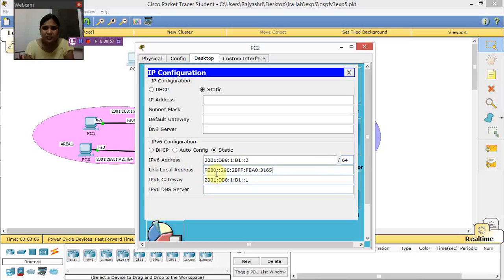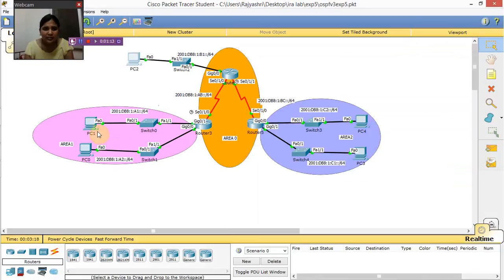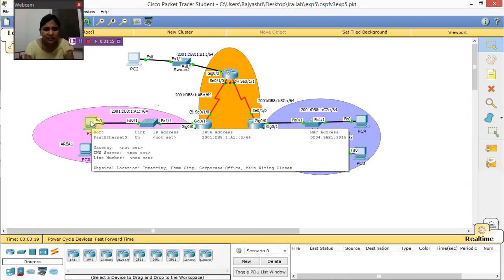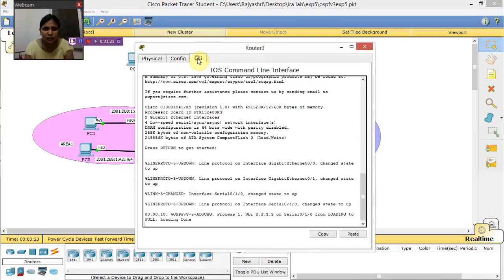Anything which starts with FE80::/64 kind of thing is a link local address. The IPv6 gateway is the gateway address of GIG 0/0, that is the IP address of GIG 0/0 in this case. So I have assigned all the PCs with IP addresses according to the network address that is given, and for the router also I have assigned the IP address, and I will go to the CLI